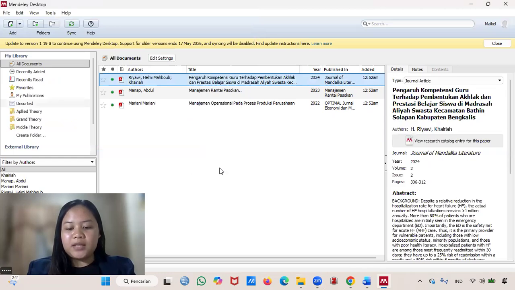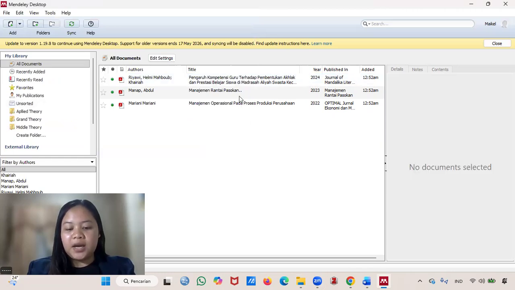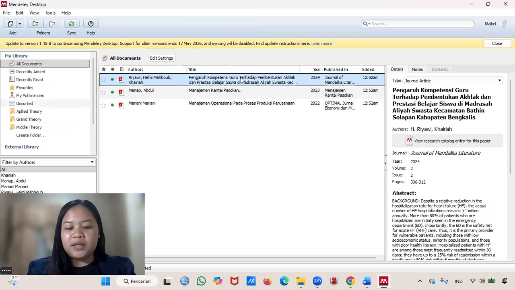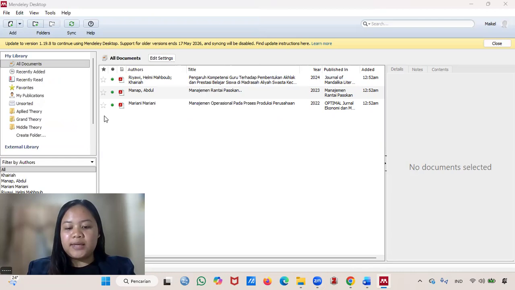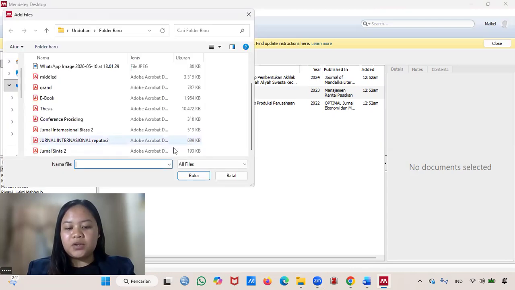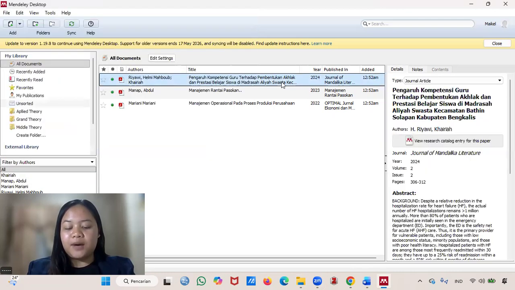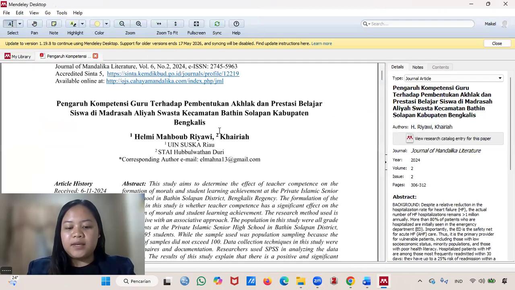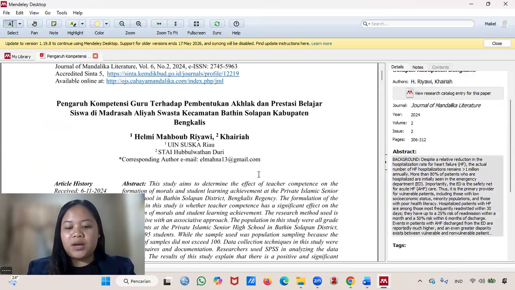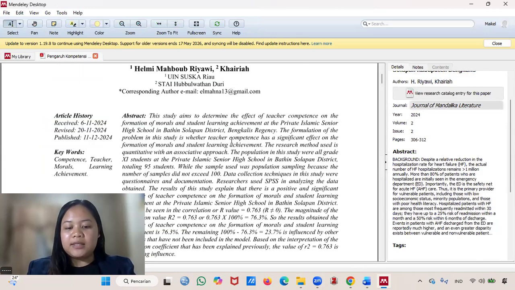Alright, the file is now in our list. Now, let's check the details in the right-hand panel. Even though we add it automatically via Add Files, we still need to verify the data. Type: make sure Journal Article is selected.